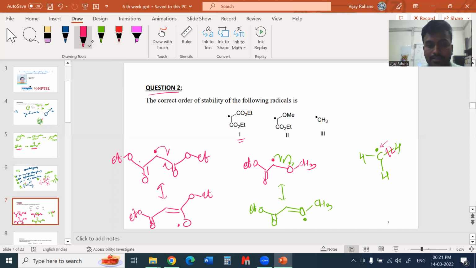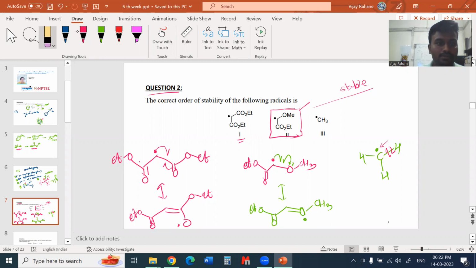The second one is the most stable radical, because most stable as compared to the other two radicals. So the order will be the second radical will be more stable, and then if you